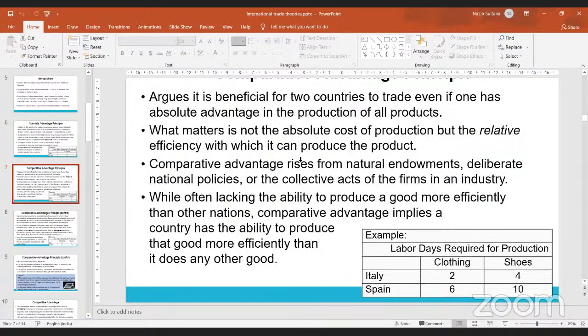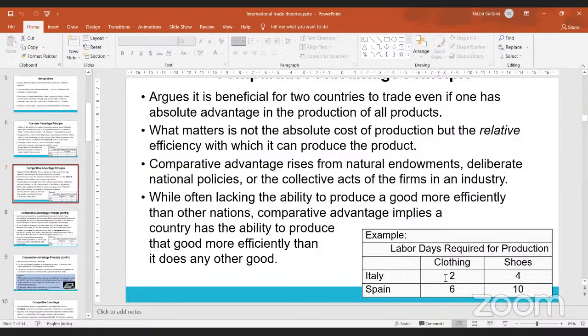But when you come to comparative advantage, you talk about not one item but multiple items, because in international trade you don't trade in only one item. You buy something, you sell something, and at that point of time the barter system was also prevalent, because usage of currency was not so common then. So you produce something you are good at, and give it to somebody who produces something else which you are not good at. So you see Italy and Spain here. If Italy is